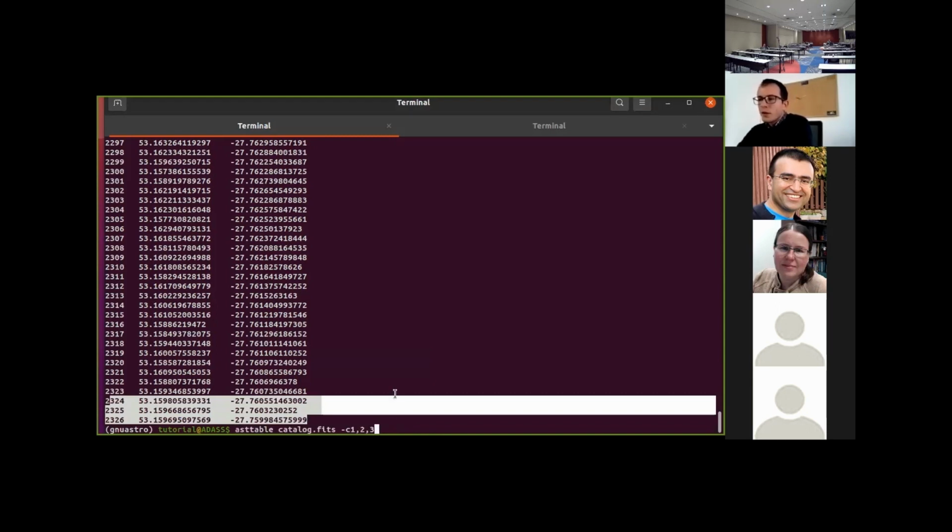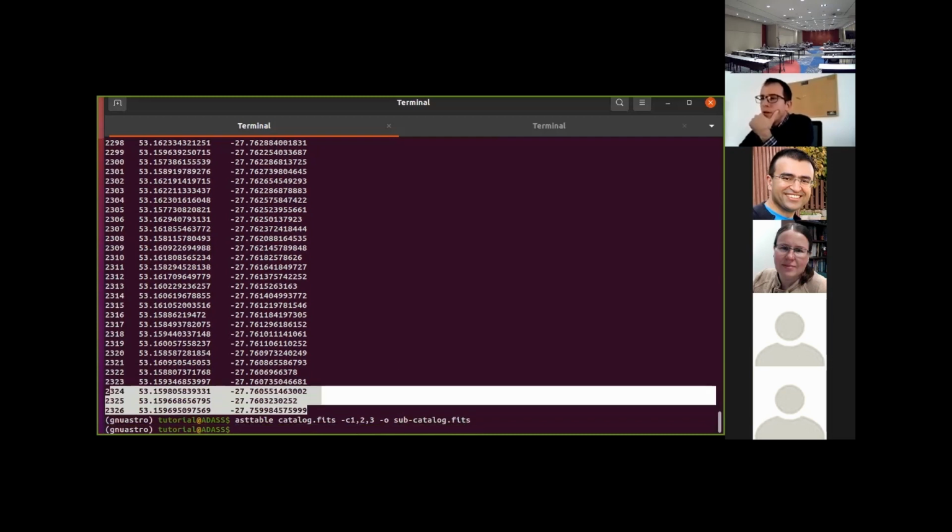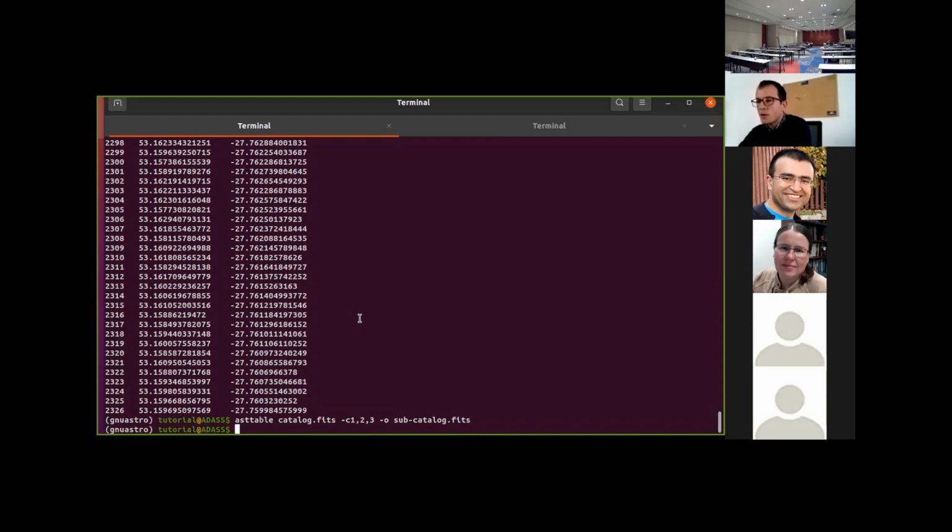Okay, and now imagine, for example, that you want to keep these columns as another table, just because the original one was very large. So you just have to specify here the output name and say, for example, subcatalog.fits. Okay, and it is gonna save all of this into a new catalog. So asttable subcatalog, just to have a look, and you will see that now this is the result